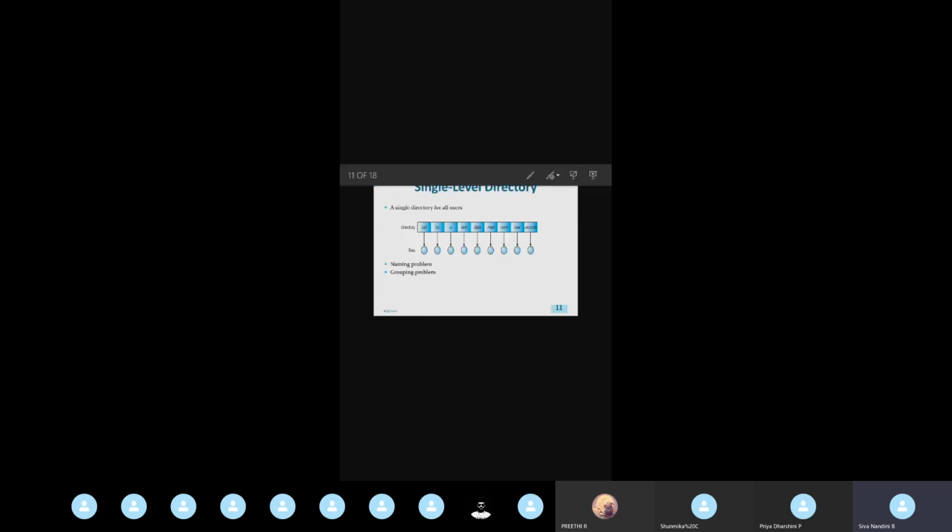So in the single level directory, see here in the image, in the directory, I'm having cat, BOA, test, data. All those are the files, and below the directory, I'm having those files. Here in the single directory, for each and every user, I will be having a single directory.